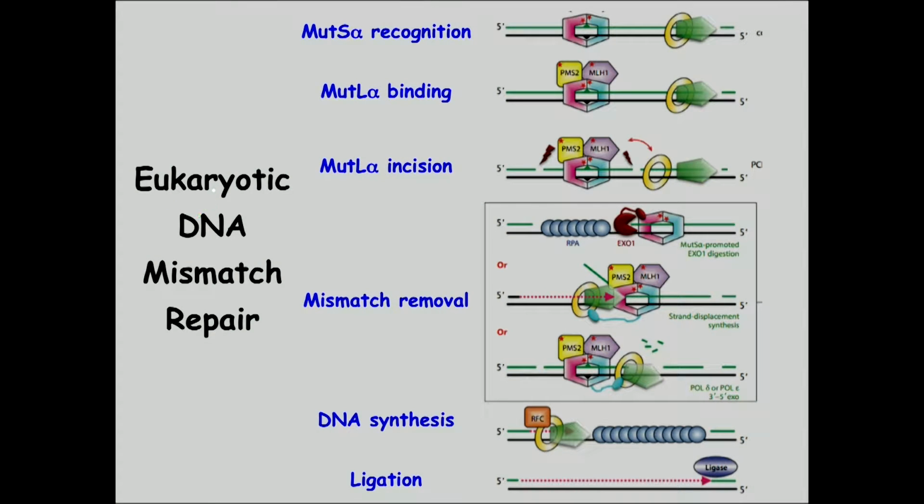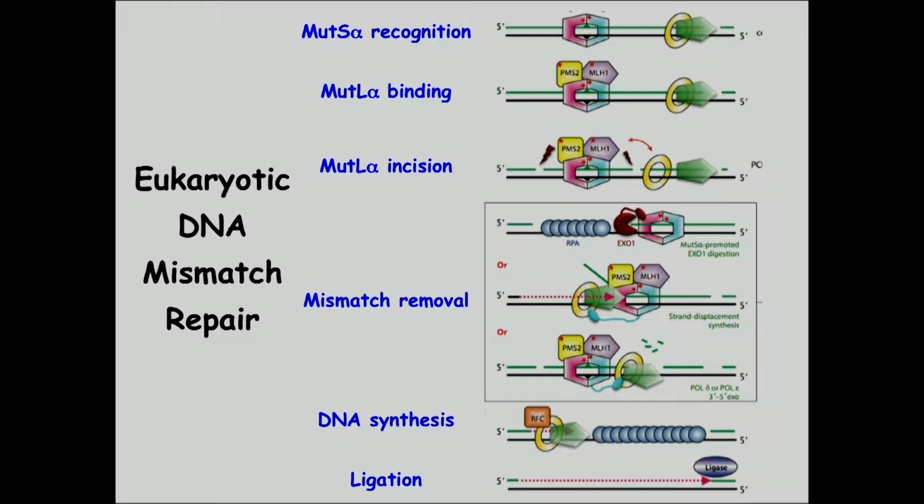This is the final one, which is eukaryotic DNA mismatch repair. This is the pathway that Paul Modrich won the Nobel Prize for mechanistic studies of for the last 30 years. It's brilliant work. It starts with MutS alpha recognition of a mismatch. This protein is a heterodimer of two homologs of the bacterial MutS protein, which gets back to what Leona said